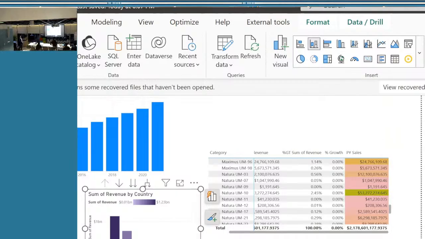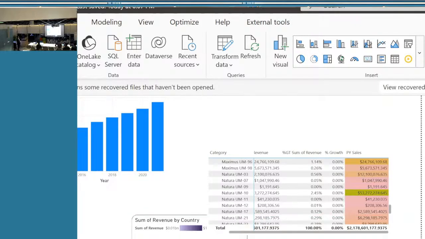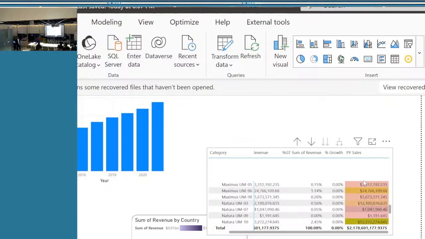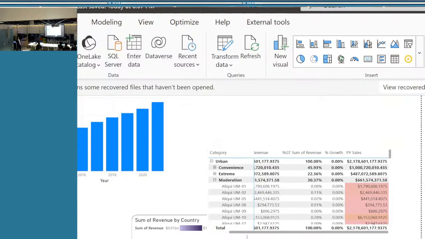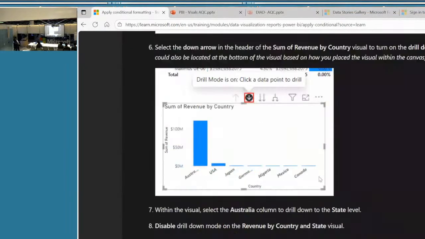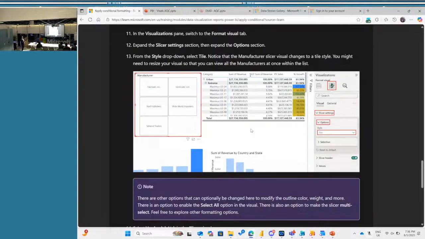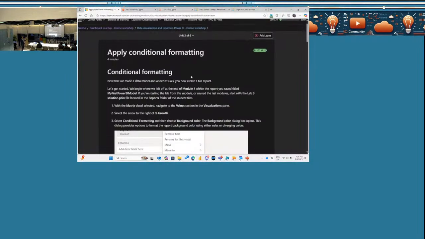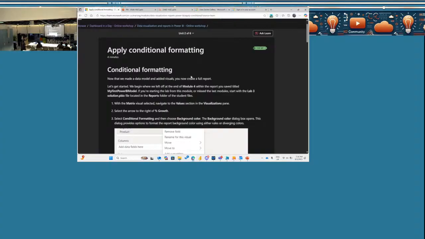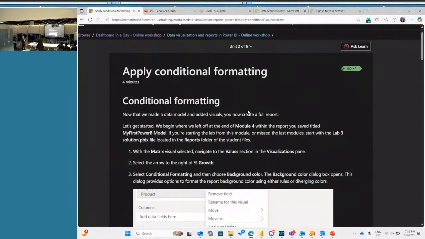Okay, so now just take some time and explore the lab yourself so that you can actually learn it. You don't have to complete the entire lab today, but at least take one small exercise and try it. This specific one says it should only take you 20 minutes, and that's precisely how long we have. So at least you should be able to do this lab, which is just playing around with the visuals.